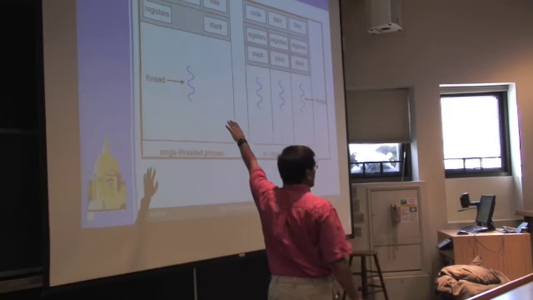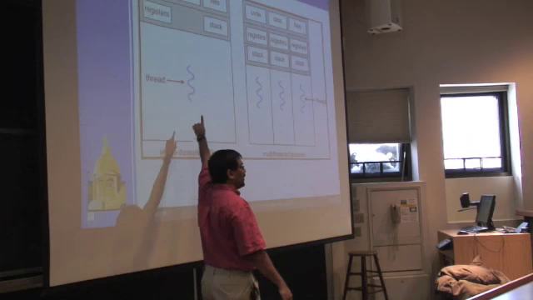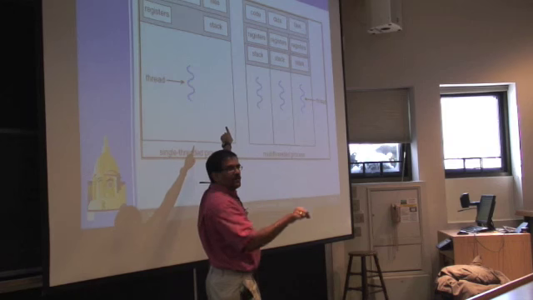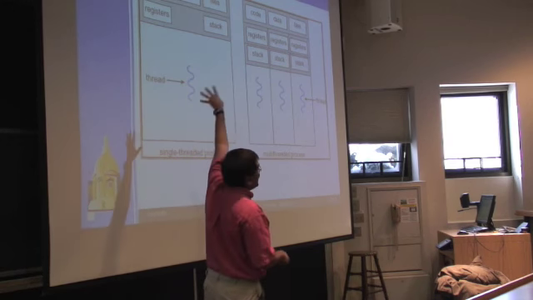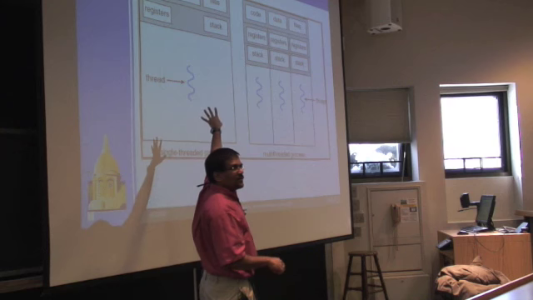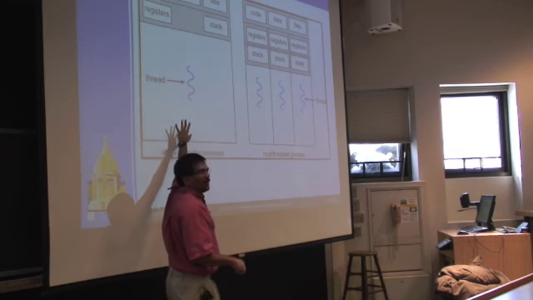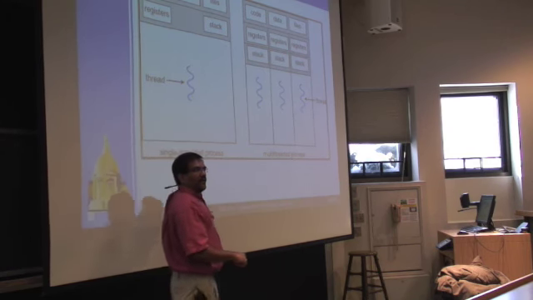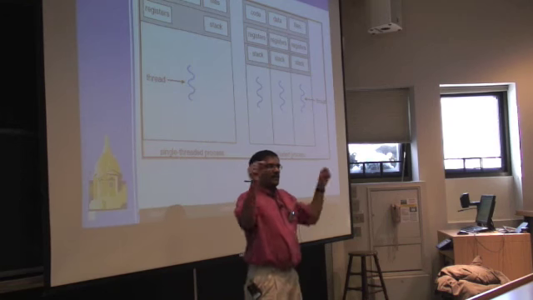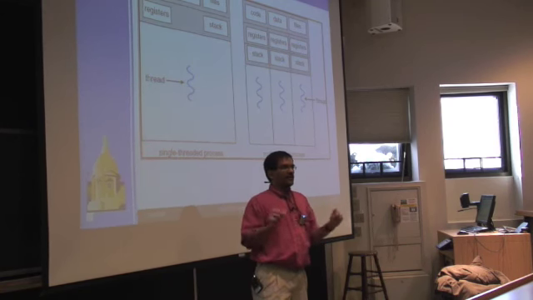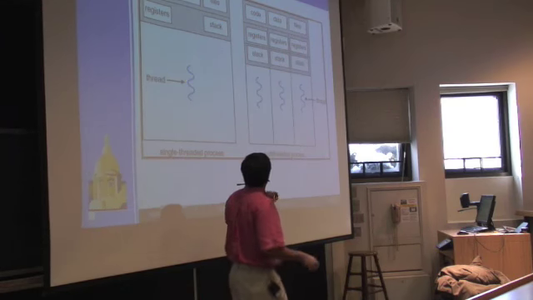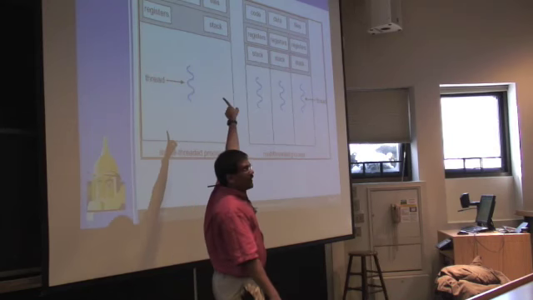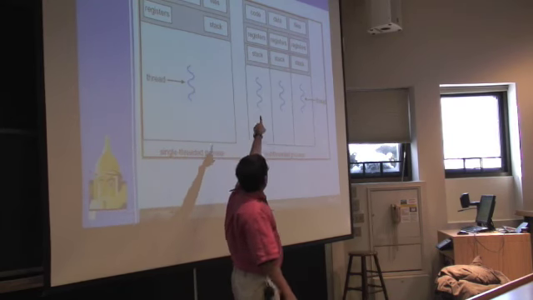So conceptually, this is what happens. When you talk about a process, you have a single thread of execution, whatever your code was, whatever you're thinking of executing, and it has all these stacks and files and all those things. When you do a fork, you essentially create a new copy of this, and then they're both independent. They both have one single thread, and then they can communicate with each other or what have you. The notion of a thread says that you still have the same stuff up there, right? You may have some